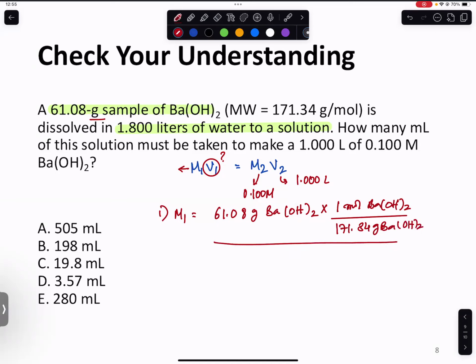Okay, divided by, so this now here gives me the moles of barium hydroxide, and divided by the liters of the solution, which is 1.800 liters. And let's very quickly calculate how much this is. I did not calculate it beforehand, so we're going to do this together. Divided by 171.34 divided by the 1.800, and I get here